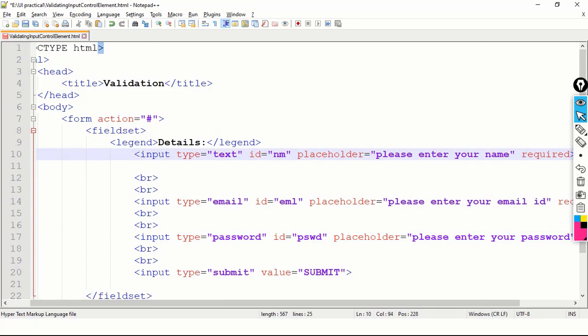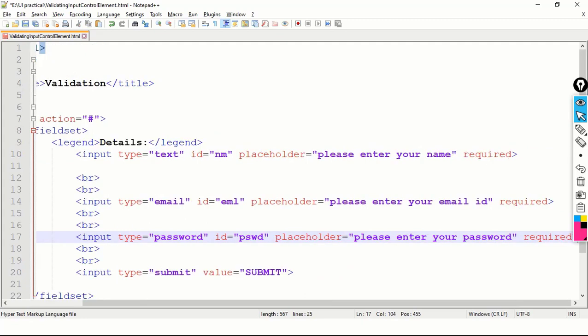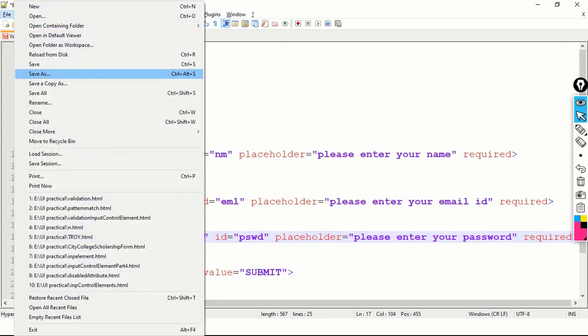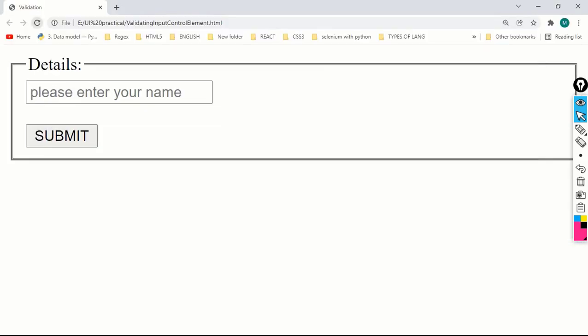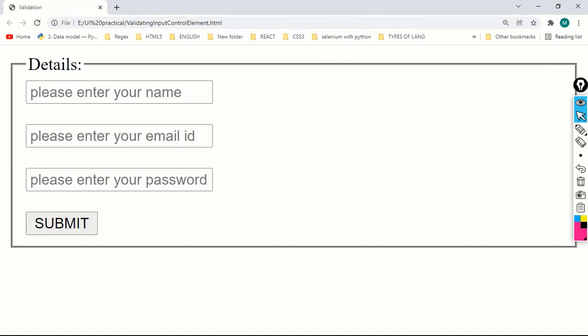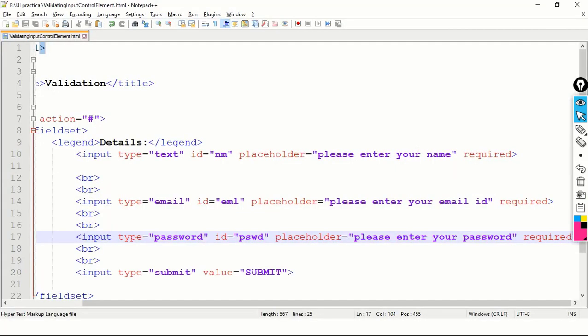All are required because I have made use of the required attribute. I'm clicking on submit and refreshing the web page. So how many fields do we have? Total 3 fields excluding the submit button: please enter your name, email ID, and please enter your password. Generally, email ID can be of more characters. For that purpose I can make use of the min and max length attributes.